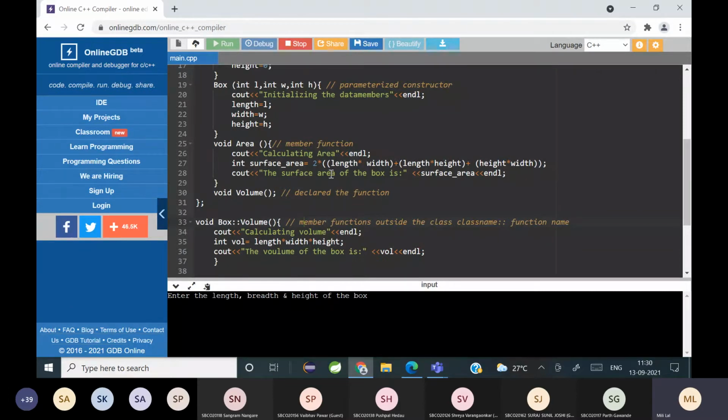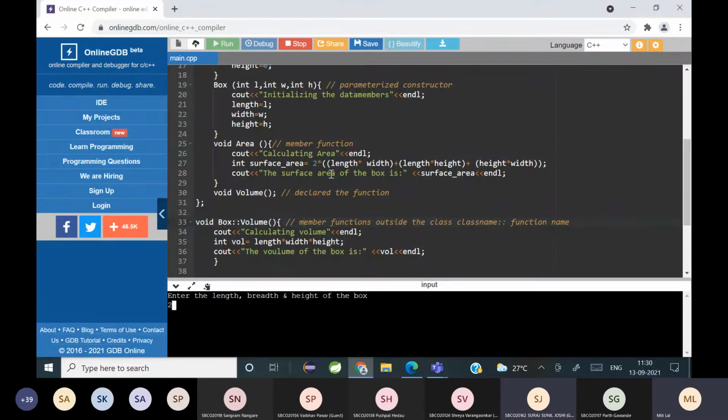So to make it more readable, you just declare the functions inside the class and you write them outside. So what is a class? Actually, it is a prototype. You just have to know what data members are used, what the constructors are and what the member functions are. So for that, you just need to declare it. You can write the function definition outside the class, so that the code is a little more readable, it looks neat, and it's easy to debug. So that is why we write functions outside the class. Is it clear? Yes, madam, it is clear.